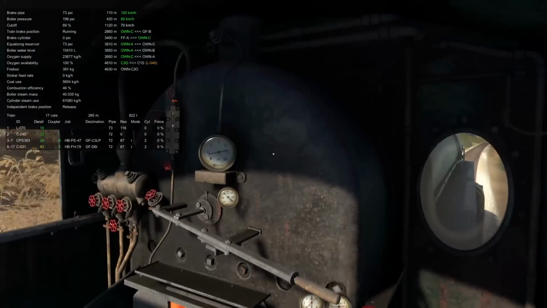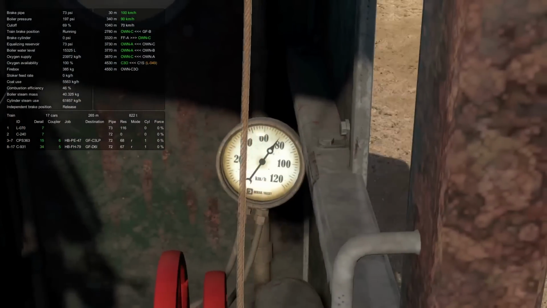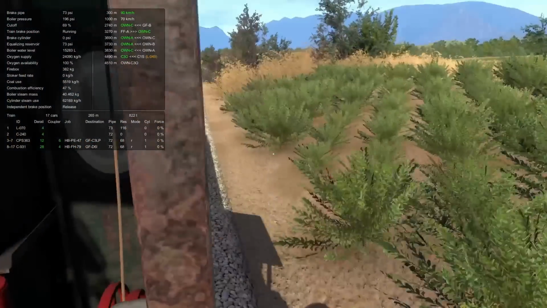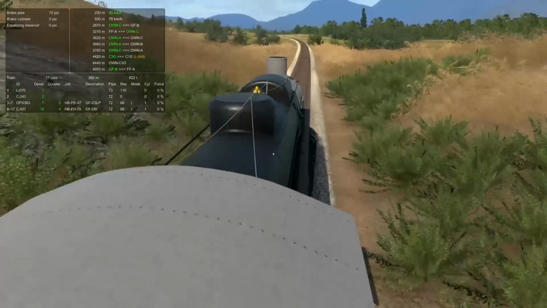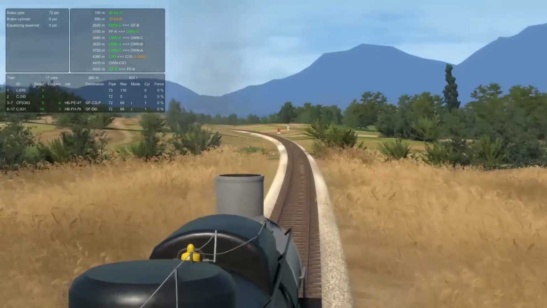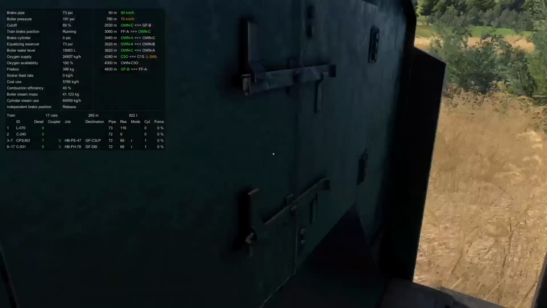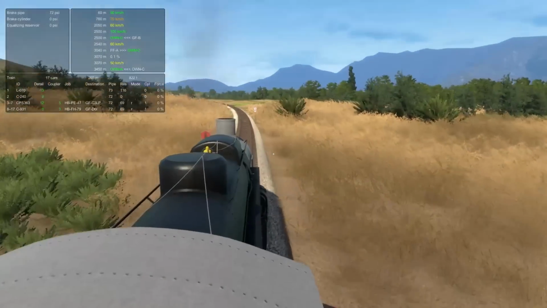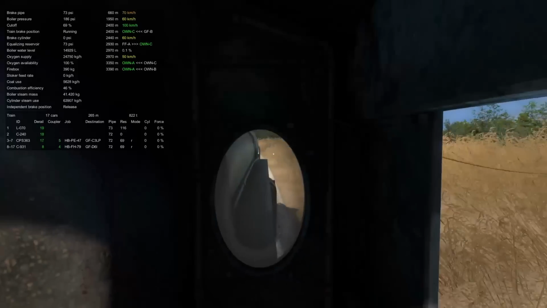Giving it almost full cut off. Nothing set up. No air is set up. Come on. Speed and power! Perfectly clean stack, despite the firebox being absolutely full. So we're drafting the crap out of it. Down to 90. I want to hit...